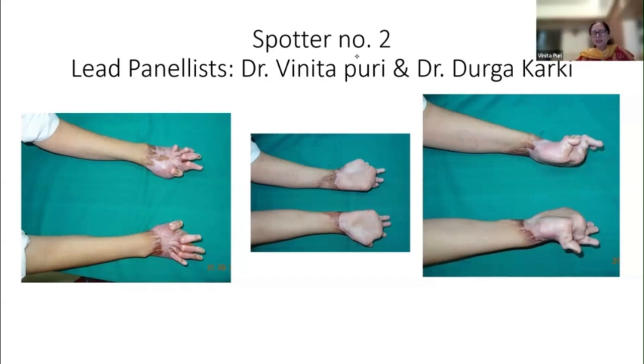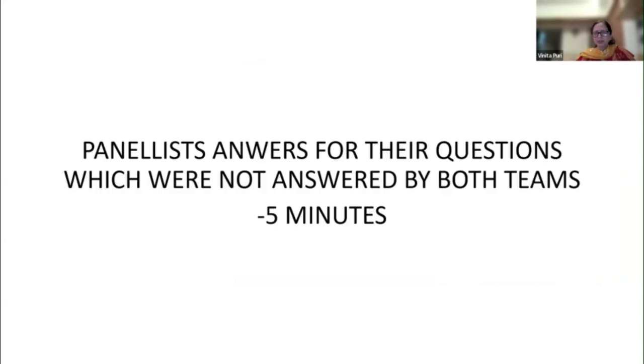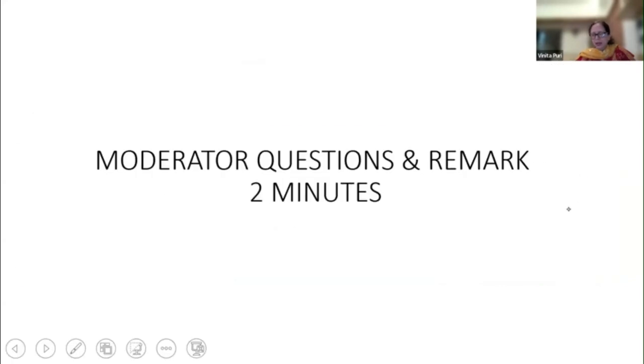All she's asking is that even if you go 2 centimeters below the expected MCP joint, it is possible that after you do a release, that distal skin will slide beyond the MCP joint and go onto the fingers. I think that is what Dr. Durga is asking. Yeah, because the proximal phalanx is barely touching. Yes. So other than the MCP contracture and the MCP extension and the IP flexion and the thumb, what else is there?